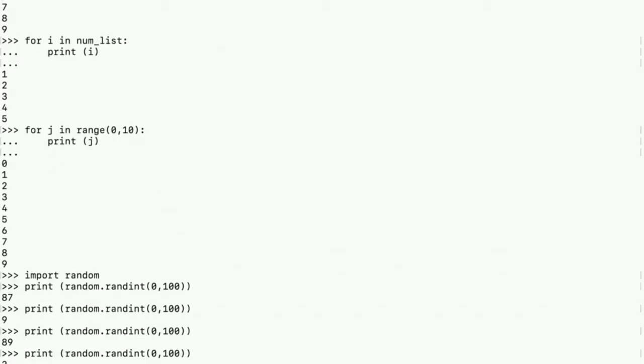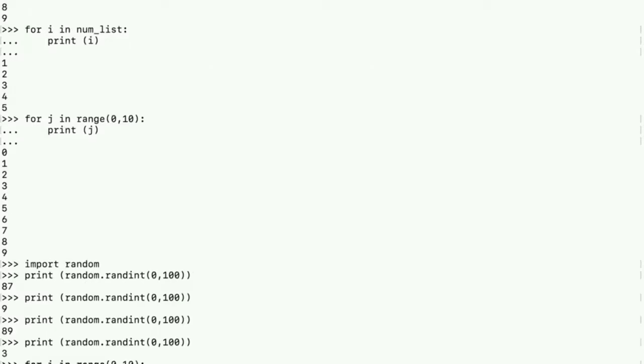So if you want to generate 10 random numbers, we can do it in a for loop. For example, for i in range of 0, 10, let us say print random.randint of 0, 100.